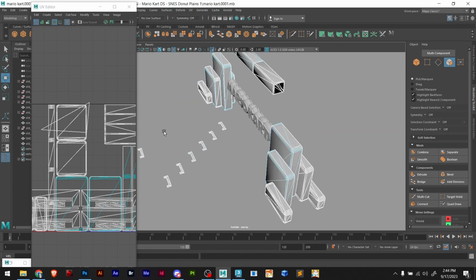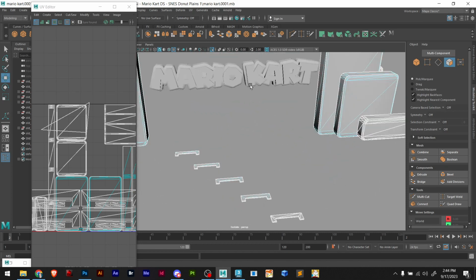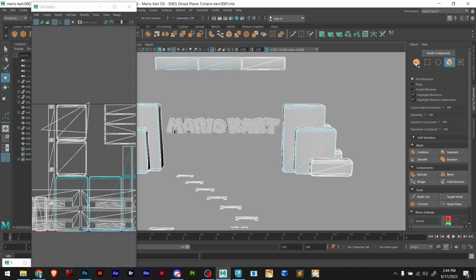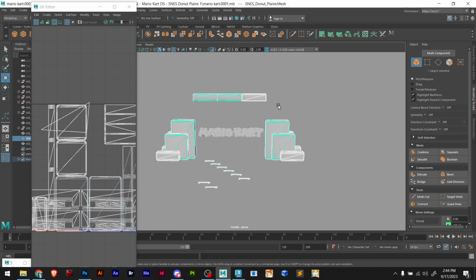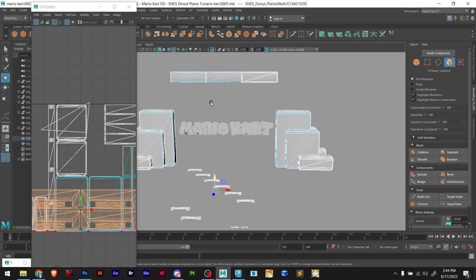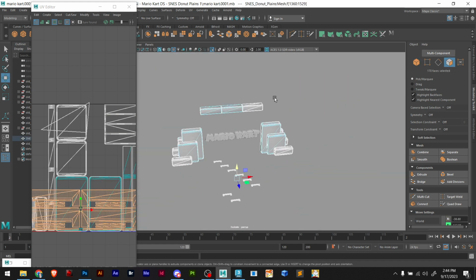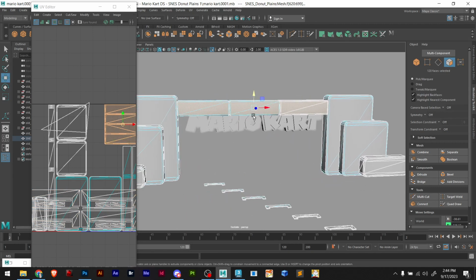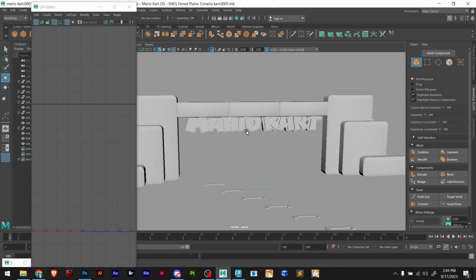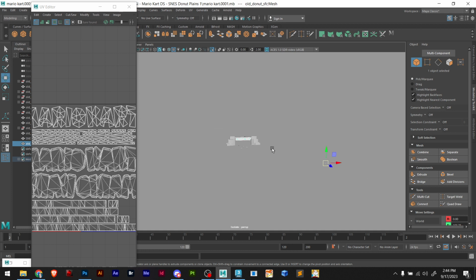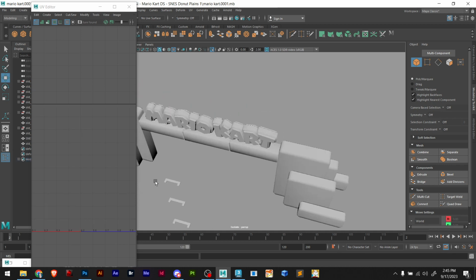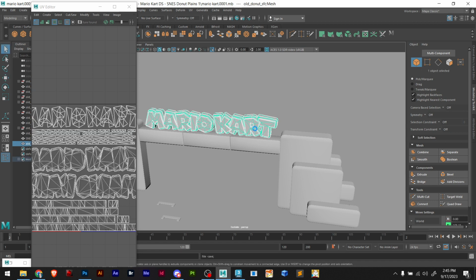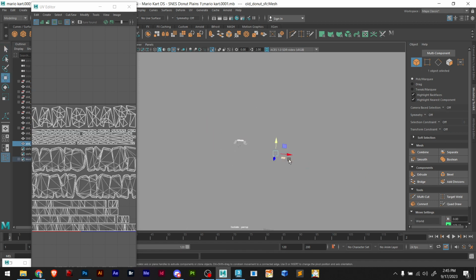Now we have successfully made the file, and I can move this back to where it should be. Okay. So now I have successfully separated the file, and I can apply the texture to this, and that's pretty much